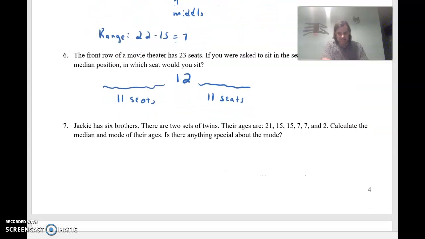Okay. Let's see here. Number 7. Jackie has 2 brothers. There are 2 sets of twins. Their ages are 21, 15, 15, 7, 7, and 2. Calculate the median and mode of their ages. Is there anything special about the mode? Well, to do the median, we need to put them in order, and I guess they already are in reverse order. So the median